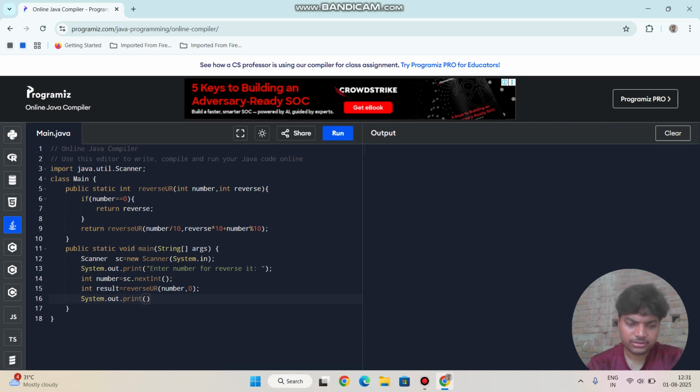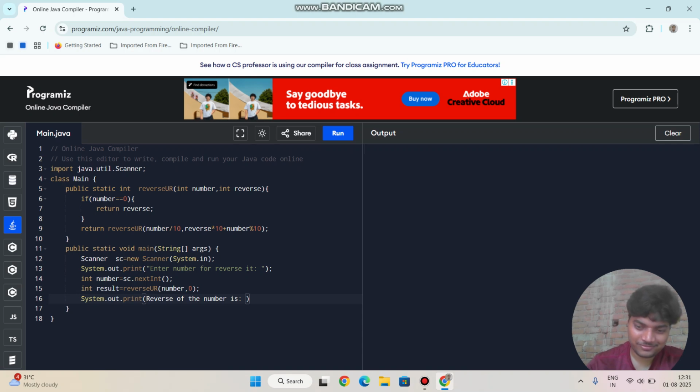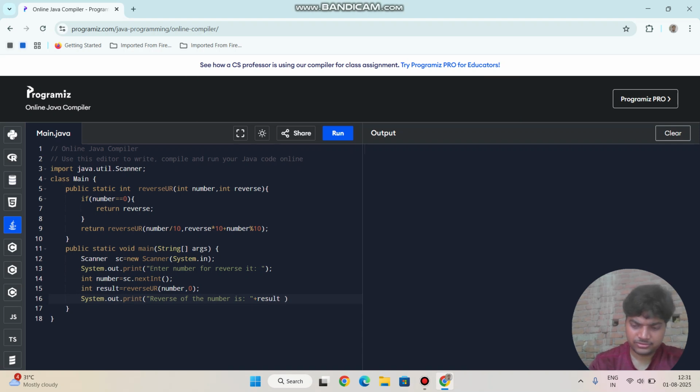What I need to write here: reverse of the number is. You need to enter the string also. I need to add here the result. So this is the code, I am going to run it.